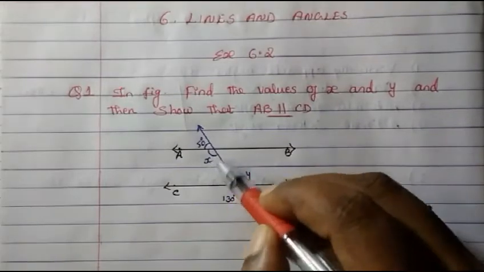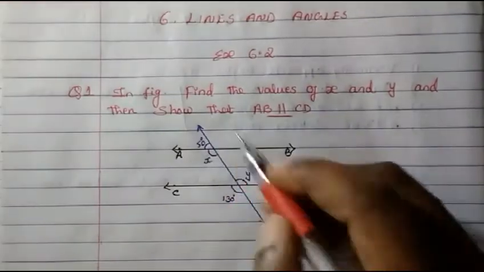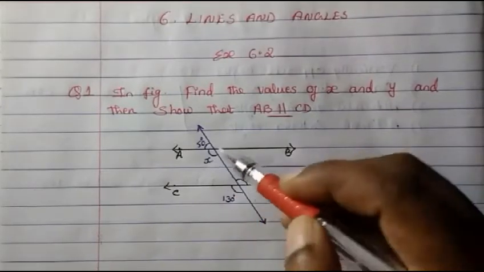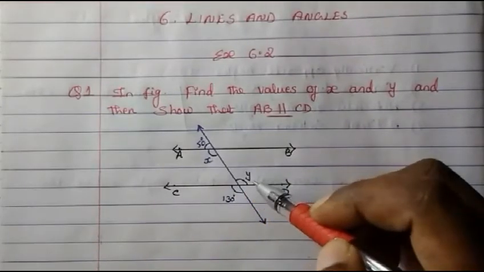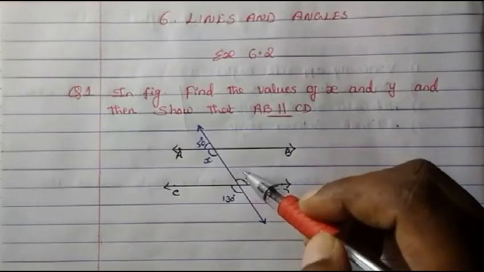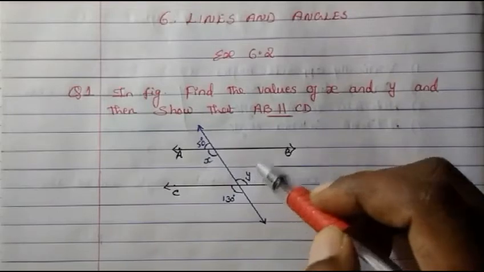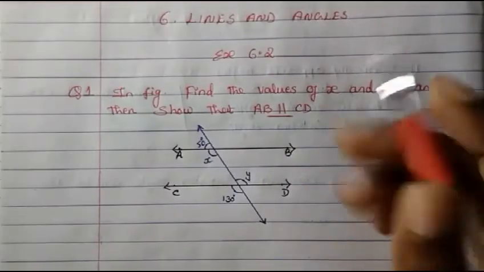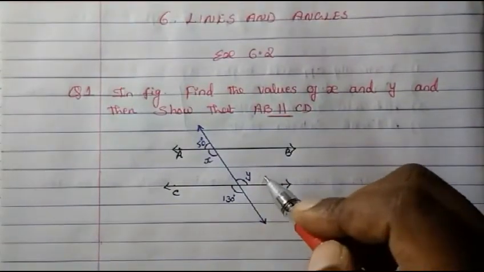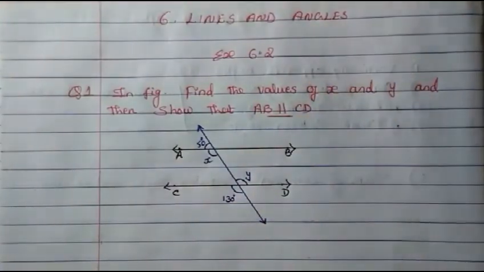First we will find out the value of x, then separately we'll find out the value of y, and we will see whether both are the same or not. If both have the same value, then we can say that they are alternate interior angles, and therefore AB is parallel to CD, because only if the lines are parallel will alternate interior angles be the same. I hope it is clear to you. So let's find out.